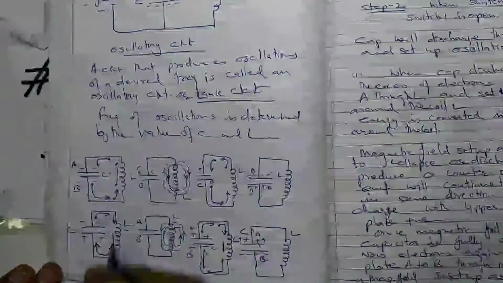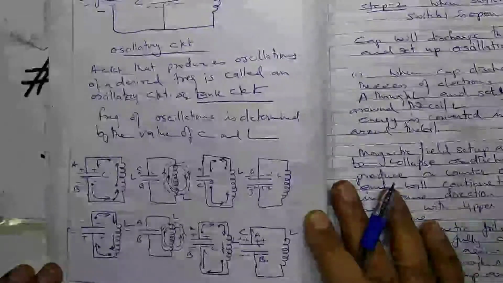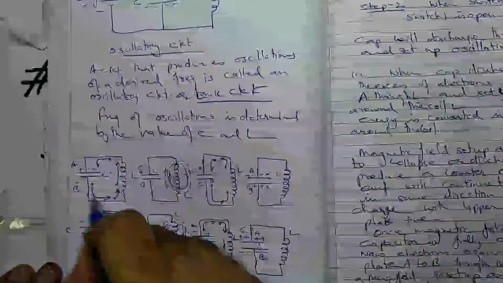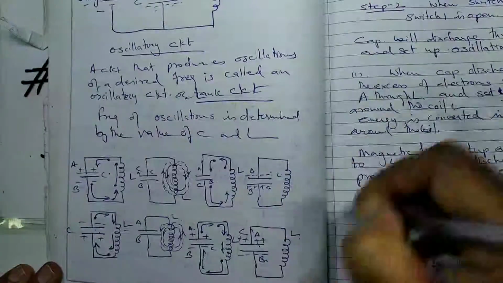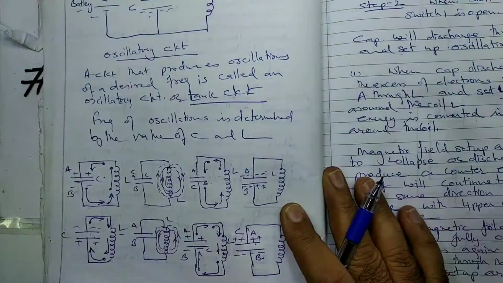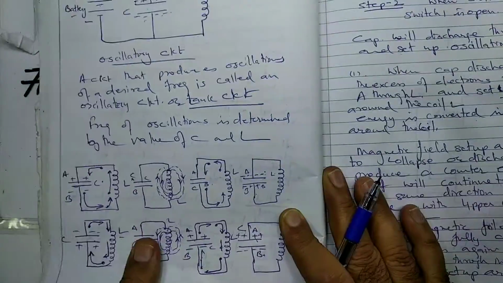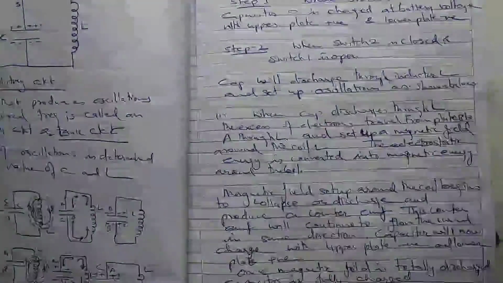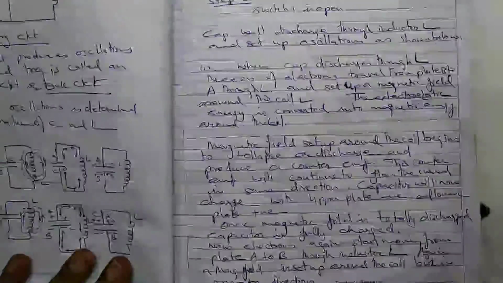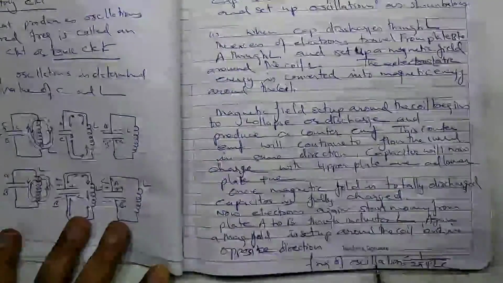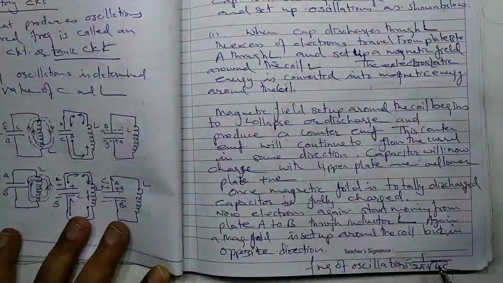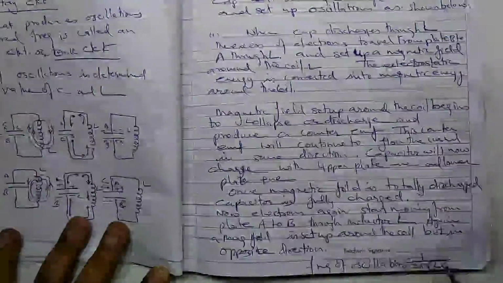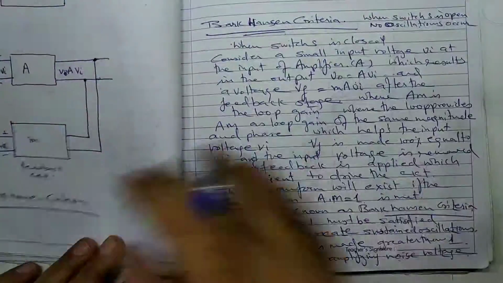Now this will go on, and the current flow will be positive one time and the next time it will be negative. So a positive and negative waveform will be produced, and that is called oscillation. Here the frequency of oscillation depends upon 1 upon 2 pi root LC, where L is the inductance and C is the capacitance of the capacitor.